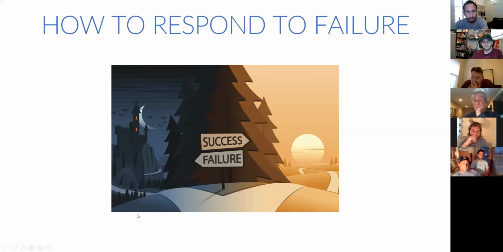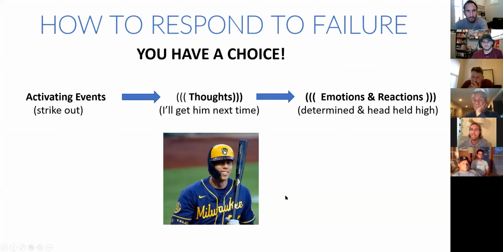So Adam, if you want to go to the next slide. We have the same example, right? Activating event is you strike out, right? You might have that first thought where you're really frustrated because your thought is, my hands feel slow, but then you change it, right? You change the course of your thinking, right? So instead of letting it go down this dark path where it will be harmful, as you start to go down that path of thought, make a turn with a thought like this: I'll get